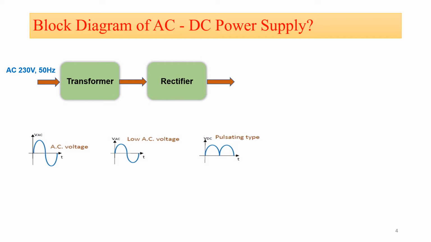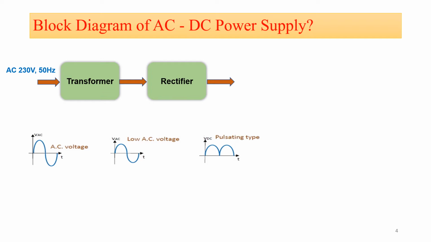So as amplitude is minimized, from this point our objective is to convert this AC signal into DC signal. Now to convert this AC signal into DC signal, we will require the rectifier, and we already studied the operation of our rectifier circuits in unit number 1. Now rectifiers are basically divided into three types, that is half wave rectifier, then next one is full wave rectifier with center tap type of transformer, and last one is bridge rectifier.